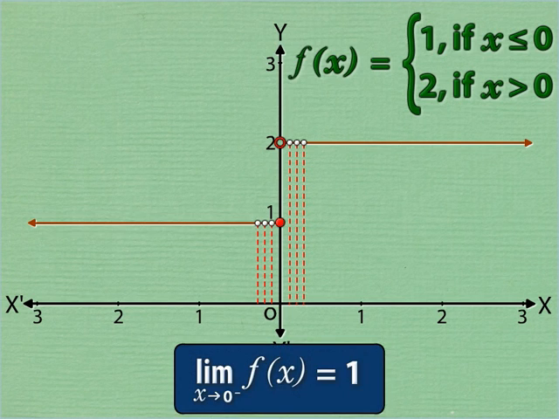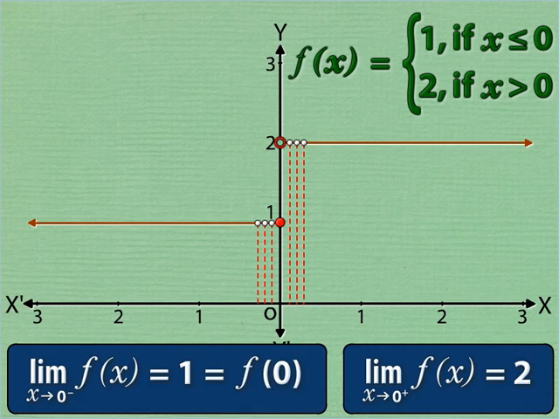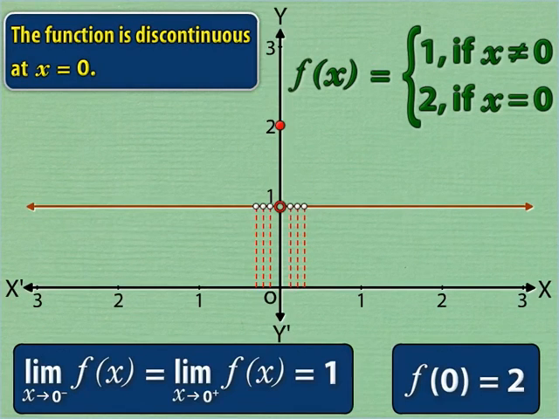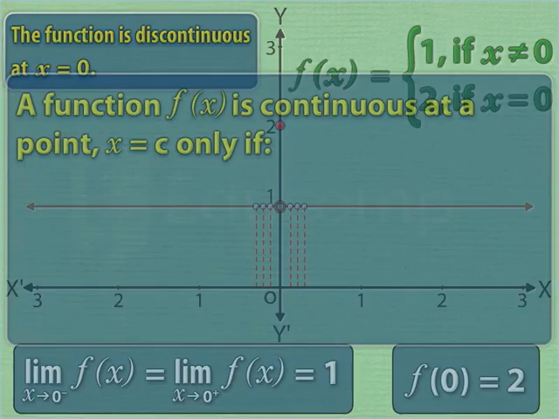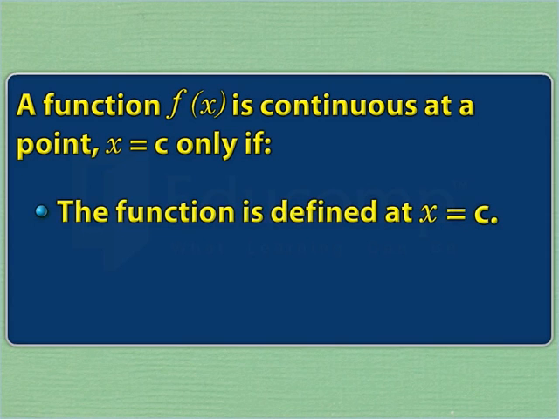Using the concept of limits, we have the left-hand limit of f at 0 as 1 and the right-hand limit of f at 0 as 2. Also, the value of the function at 0 is 1. That coincides with only the left-hand limit. So this function is discontinuous at x equal to 0. This discussion helps us to conclude that a function is continuous at a point only if the function is defined